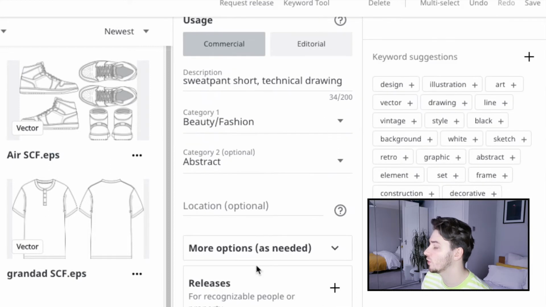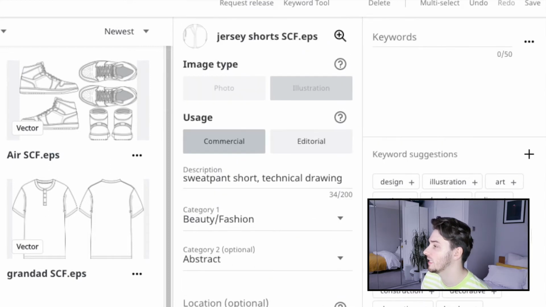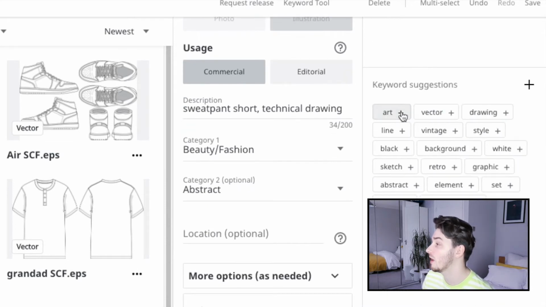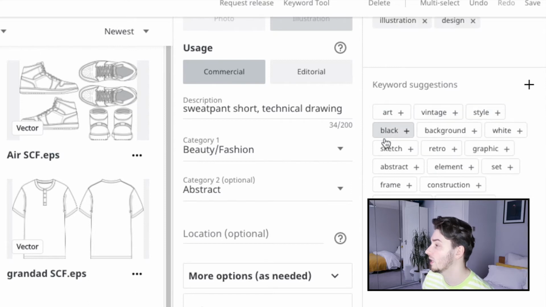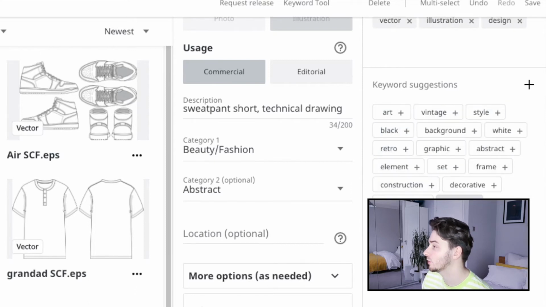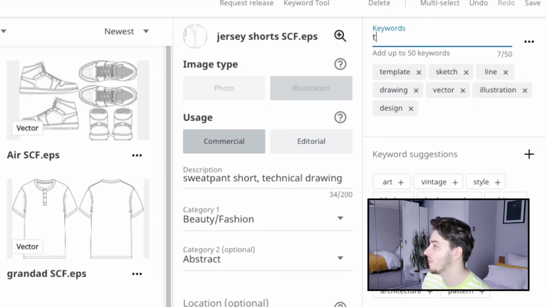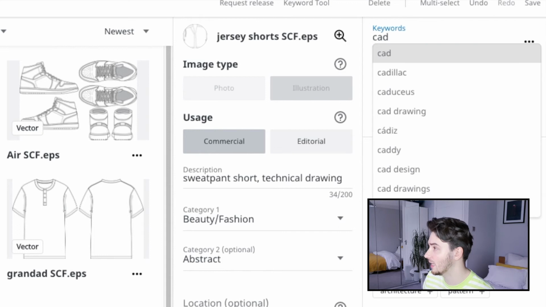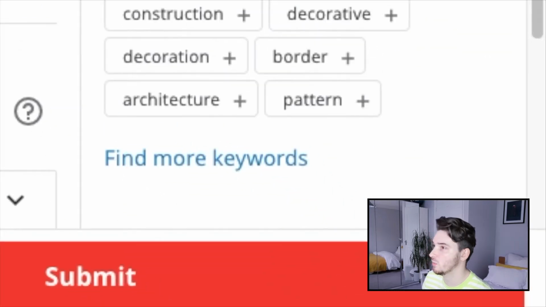And then I also do all of my keywords and keyword suggestions. So I always take their suggestions quite seriously. So I'm going to put design, illustration, vector, drawing, line, let's see where else, sketch, template, and then I always add in my own, so technical drawing, CAD, and then I also find more keywords